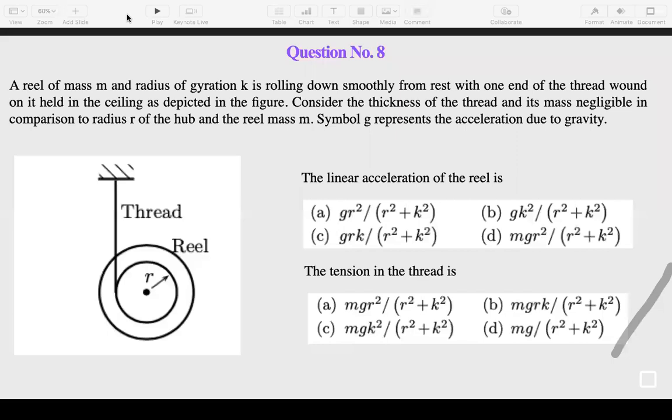So here we are required to consider both motions and apply D'Alembert's principle. And what is the D'Alembert principle? We are required to consider the inertia force opposite to the motion. Again I am repeating this: here we are required to apply D'Alembert's principle for the rotary motion as well as the translatory motion.